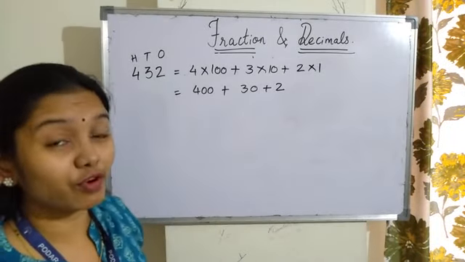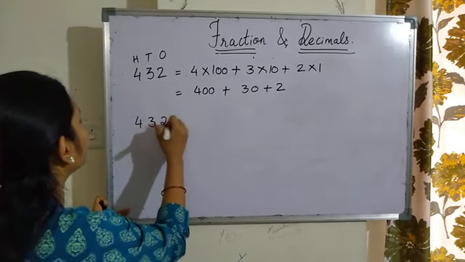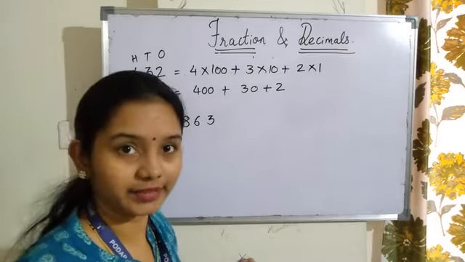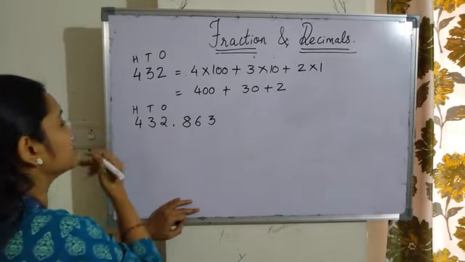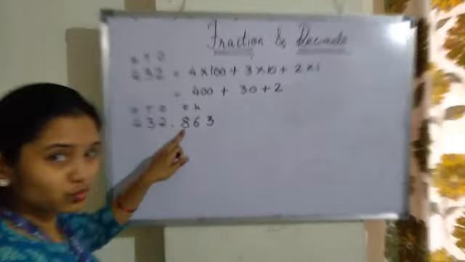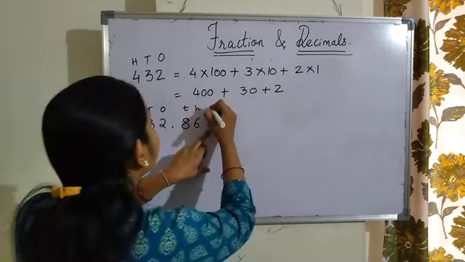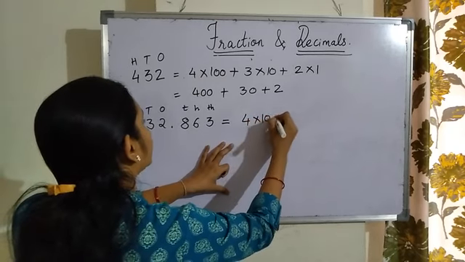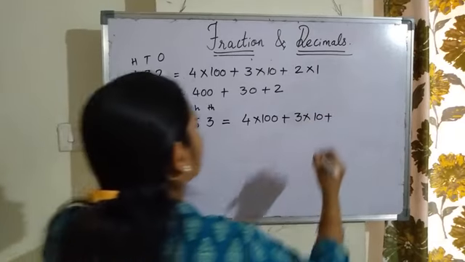So this is how we write the expanded form of normal numbers. Now how to write the expanded form of decimal numbers? For that we are having 432.863. So now this is in my ones place, this is my tens place, this is my hundreds place. Same way, this 8 is in my tenth place, 6 is in my hundredth place, 3 is in my thousandth place. So how to write? 4 into 100 plus 3 into 10 plus 2 into 1